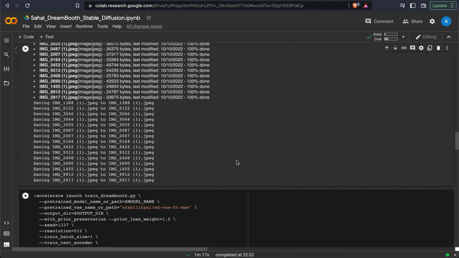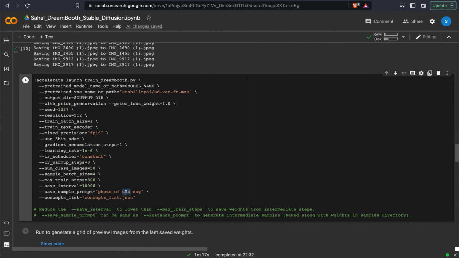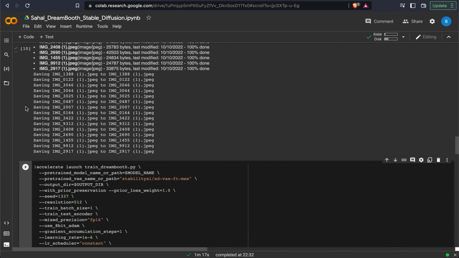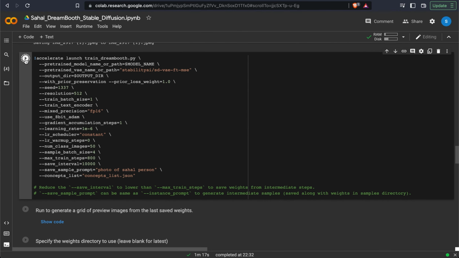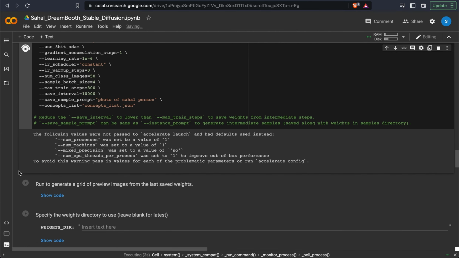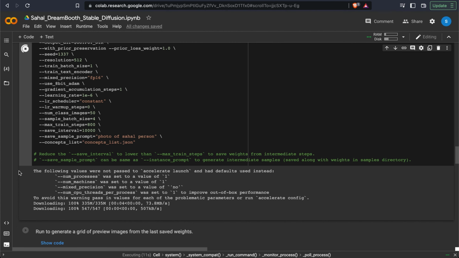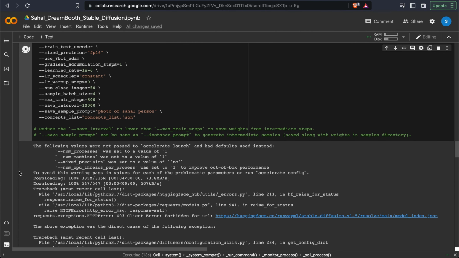Now since the image is uploaded, here you have photo of, so this is a sample prompt, so we'll just make it Sahal person, then concept list.json. The rest of the things you can just keep as is. And then this is where you are going to train it, so this might take some time, a lot of time sometimes. Yeah, so we'll just wait and wait and wait. It's going to download the whole